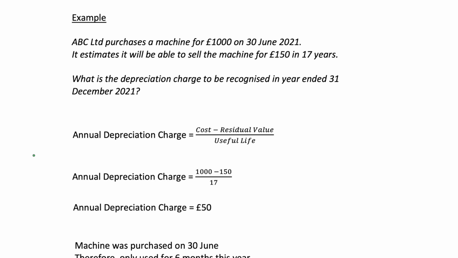So let's run through an example. We're looking at ABC Limited, and it purchases a machine for £1,000 on the 30th of June 2021. This machine is going to be available for it to use on the 30th of June when it purchases it. The business at the time of purchase is going to estimate that it can sell the machine for £150 in 17 years. So what is the depreciation charge to be recognised in our accounts in the year ended 31st